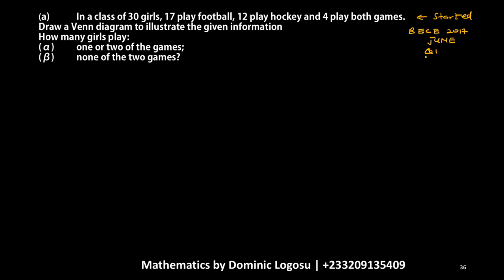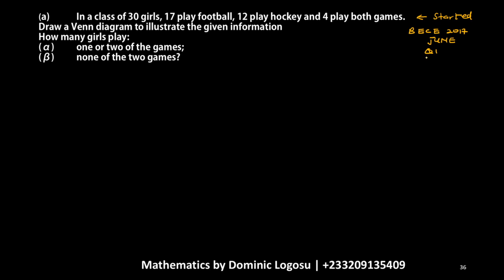Now question 1 says that in a class of 30 girls, 17 play football. Girls playing football, that's very interesting. Yeah, that's great. 17 play football, 12 play hockey, and 4 play board games. Draw a Venn diagram to illustrate the given information. That's I. How many girls play 1 or 2 of the games? That's your alpha. Beta, none of the